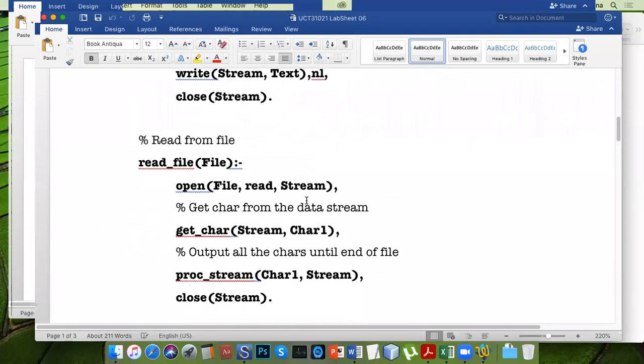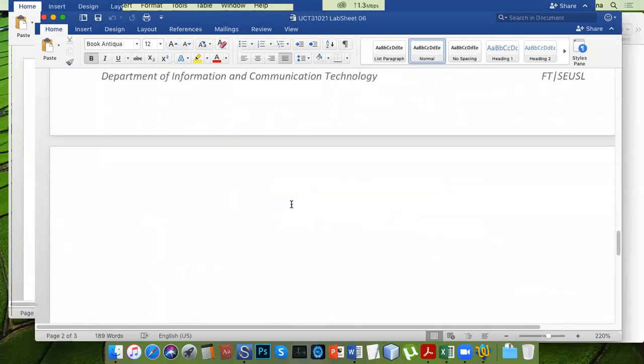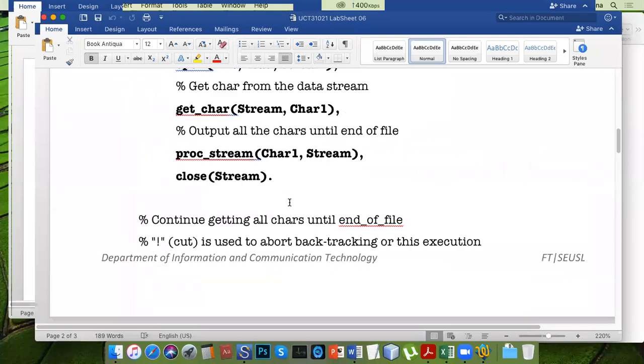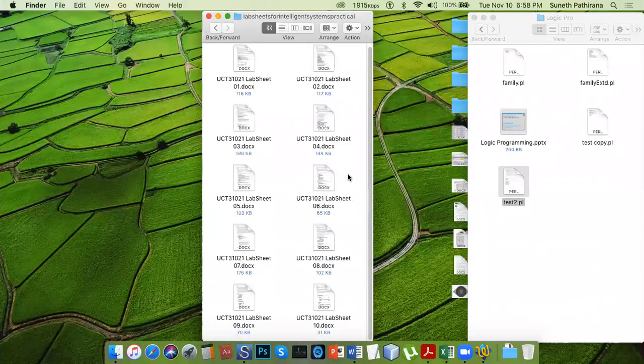That means how you can save things using a text file. That will be useful when you save intermediate calculations or computations for future use. And if you want to read a file and extract some data, or input some data, then we will use this IO, input output handling.